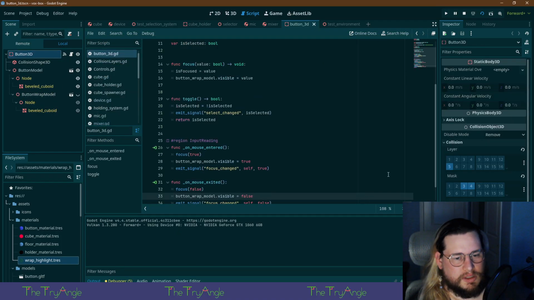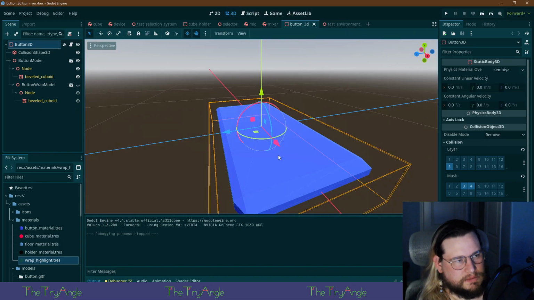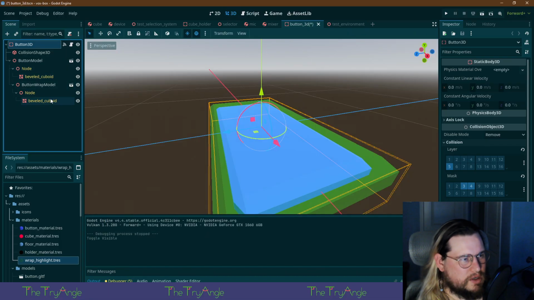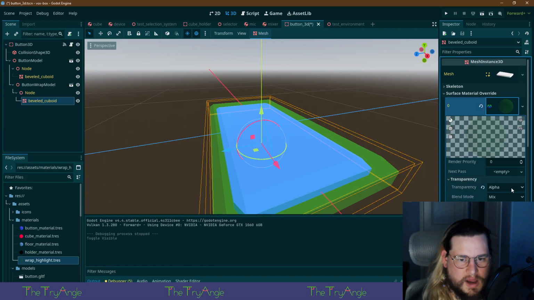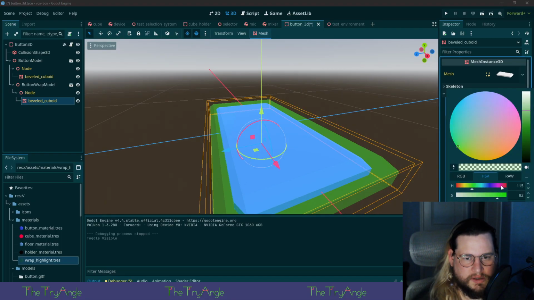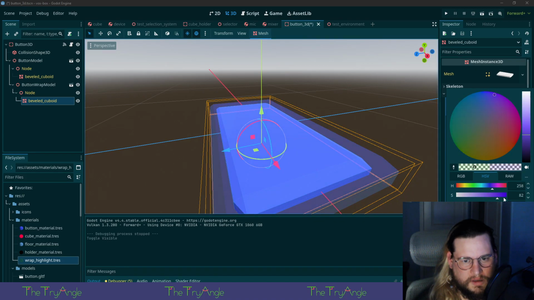Oh, whoops. All right, so let's see here. How about instead of this color, we go with a blue, maybe a red. No. Yeah, a lot more vibrant, maybe a little brighter.